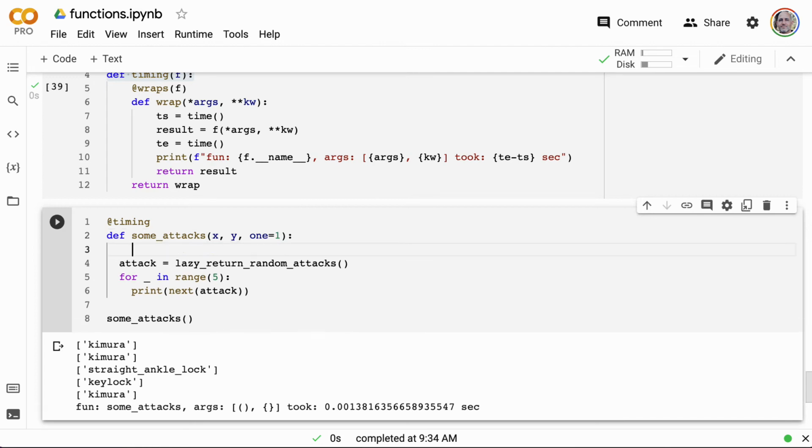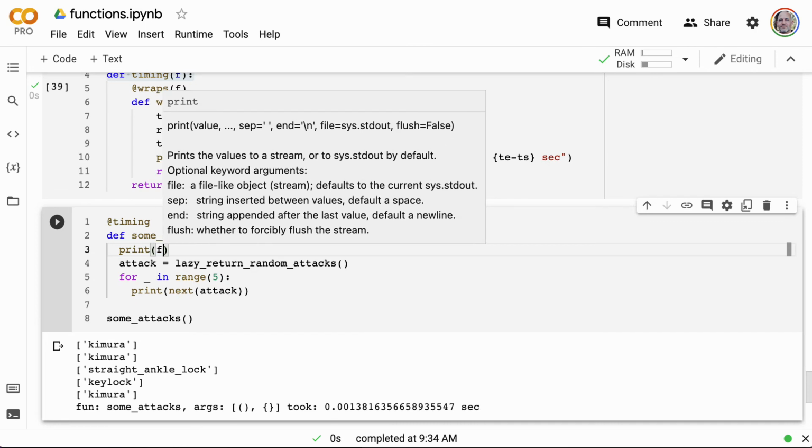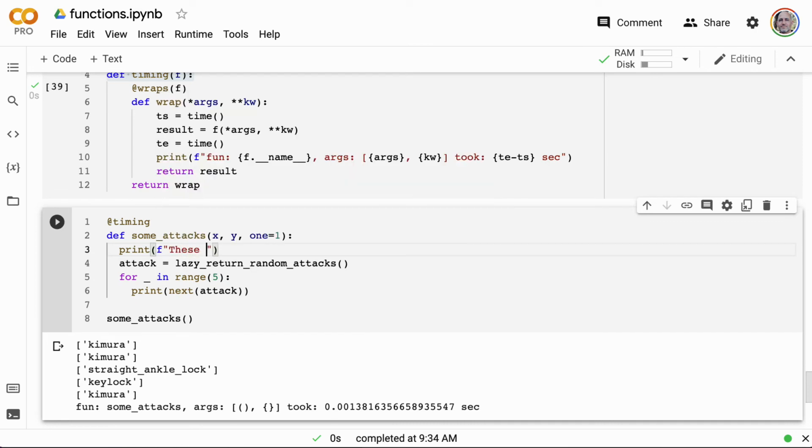And then if I say inside of here something like print, these are my variables, and I could just put these in there so we just know what they are. And we say X, and we do Y, and we do 1 here. Notice that it'll also be able to grab these as well.